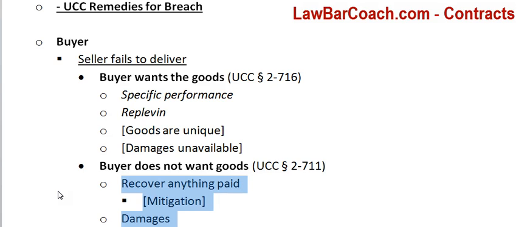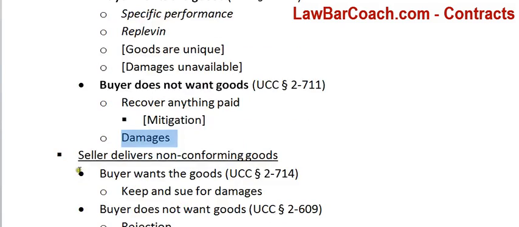I have a football team. On Friday, I expect a delivery of bobbleheads to sell on Sunday that are specific to that game, let's say. They never show up. Well, I don't want them anymore. They're no good. I am going to sue for whatever I paid them, maybe a deposit or down payment, and any damages, some profits that I might have received or something of that nature.